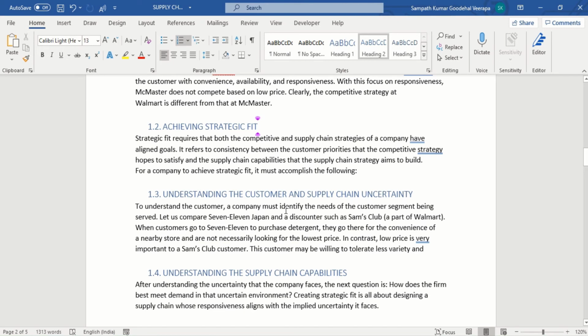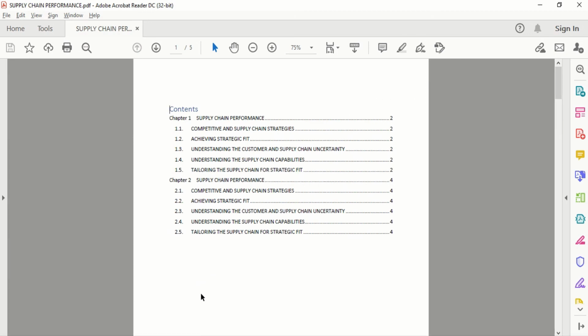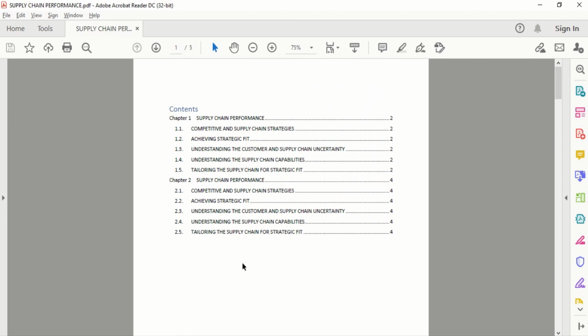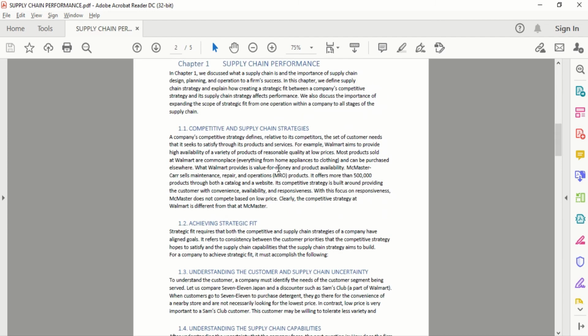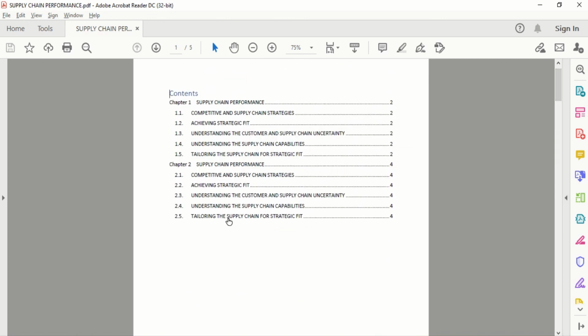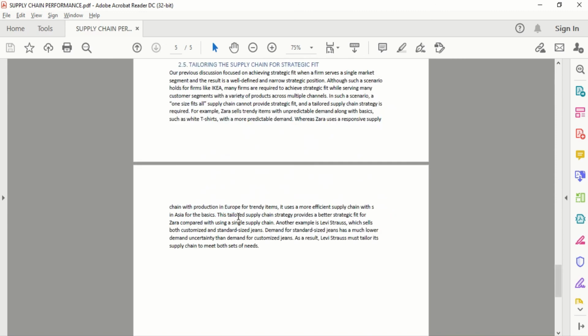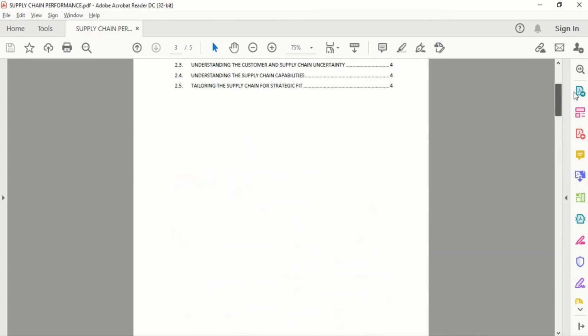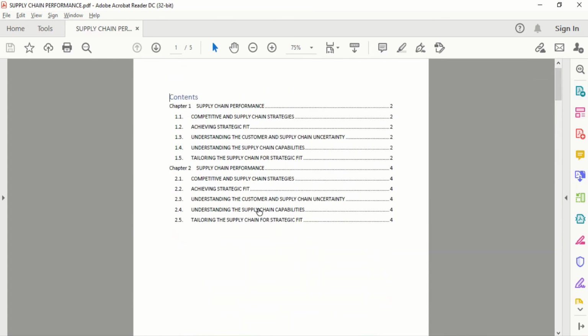Okay, now we can check the PDF. See, this is our PDF file. We converted the Word document to a PDF file. Just move the cursor on the PDF file, and it turns into a hand symbol. Just click on that, and it directly goes to that page. Repeat the same again on this sentence, and it directly goes to that page. When we move the cursor on the table of contents, our cursor automatically changes to a hand symbol. See it here.